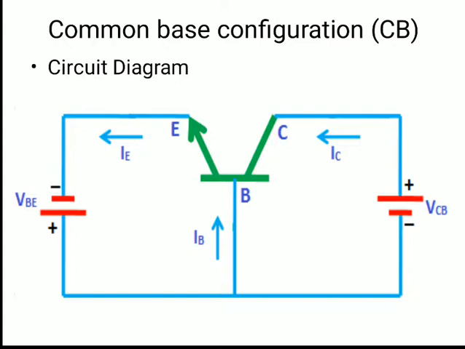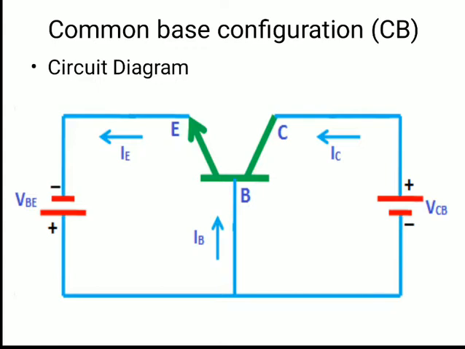Okay, so here you can see that, one very important thing, in all the types of configuration we have used the NPN type transistor. Okay, right? So I hope you remember what you mean by NPN, right? So the two types of BJT, that is bipolar junction transistor, are NPN transistor and PNP transistor. So here we are using NPN transistor.